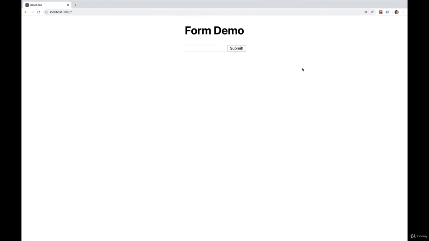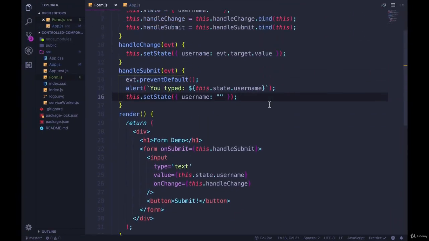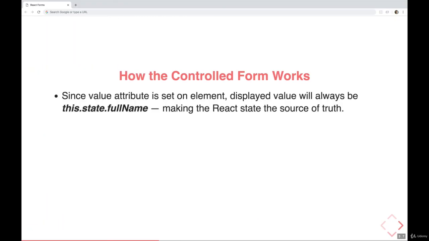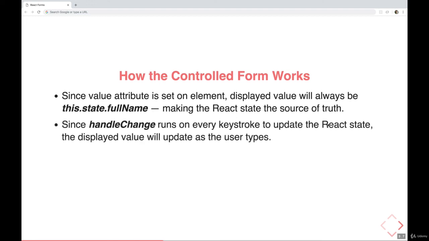All right, so that was our first basic controlled form. Just to review the flow here, we have a value attribute on an input and it's set to some piece of the state, this.state.username. So React is going to display the value of the state right there. And then anytime that input changes from a user, handleChange is called automatically, and it sets the state, the same exact thing that we're displaying up here. We're setting that piece of the state every time that input changes. Okay,